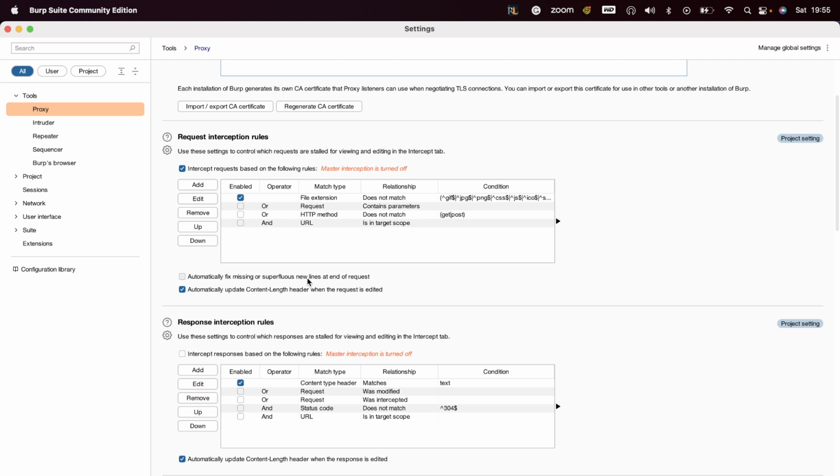Here you can already see that we're not intercepting, so here, intercept based on these requests. File extension does not match GIF, JPEG. I know, I will not call it GIF. PNG, CSS, JS, ICO. Those are not going to get intercepted through the request. That is, of course. Now we can also, for example, say if the HTTP method does not match get, post,